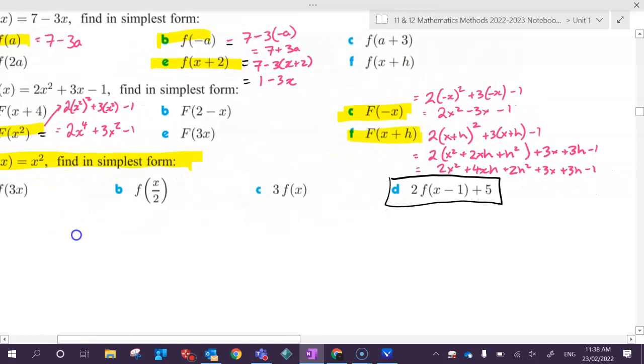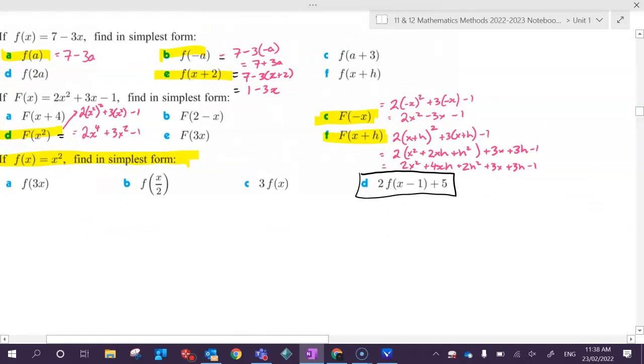Lucky last, 2 times f of x take 1 plus 5, and I've got f of x is x squared, so this is going to be 2 times x take 1 squared, so f of x take 1 is the x take 1 all squared, and then I've got to add 5 on the end. If we're going to expand that,